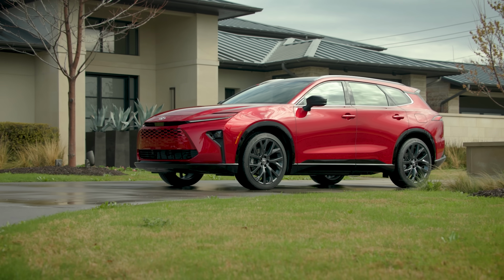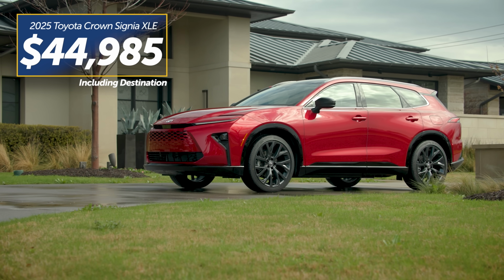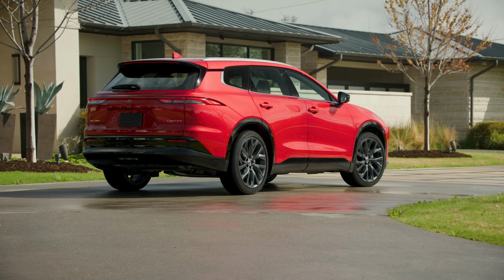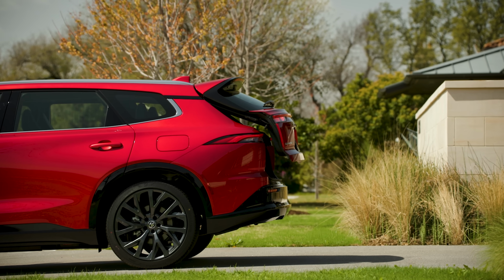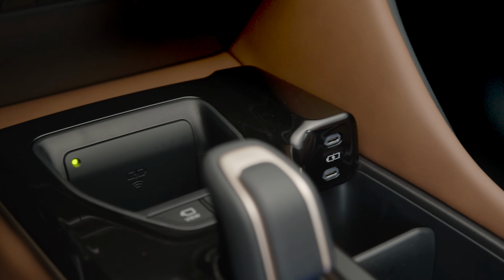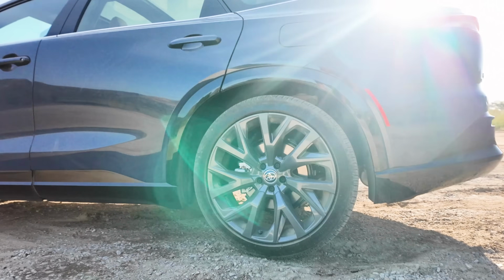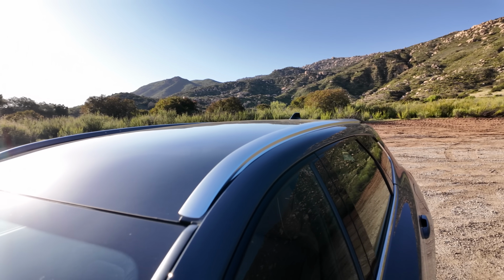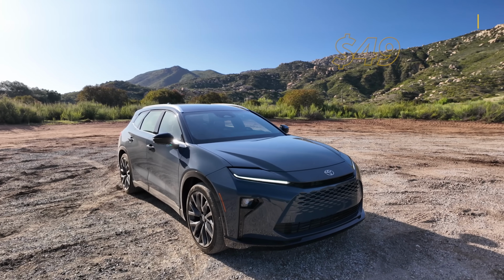Pricing for a base Toyota Crown Signia XLE will start at $44,985, and that price does reflect the destination charge. With this, you get all the standard features mentioned earlier: 19-inch wheels, power liftgate, 5 USB ports around the cabin, and dual zone climate control. For amenities like 21-inch wheels, panoramic fixed glass roof, and 11-speaker JBL audio system, the limited trim starts at